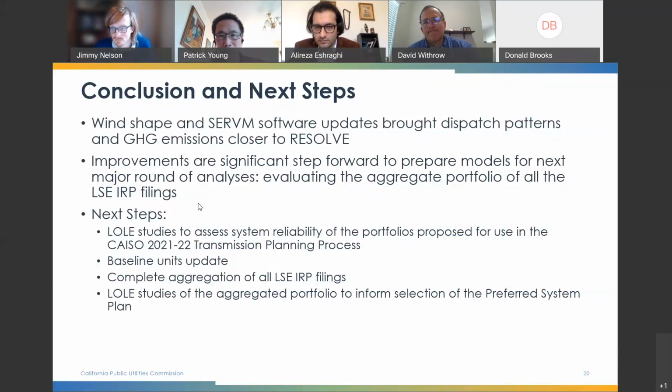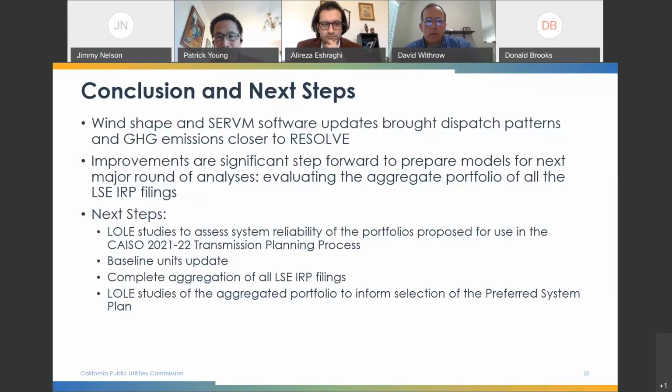It's Nathan again. Good question. On a couple of these, it's still a little bit TBD. I know that's an unsatisfying answer, but I'd go towards your last statement there of expect to see a PD. So when you see the third bullet, complete aggregation of all LSC IRP filings, that's currently in the scoping memo schedule as I think Q2, basically springtime, for you to start seeing at least the prelim version of that.